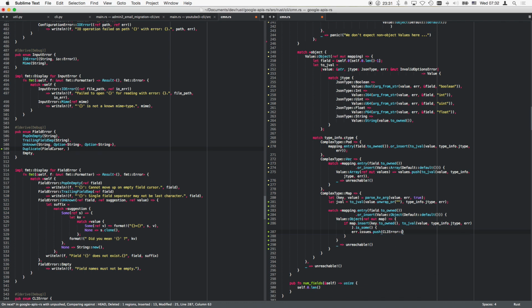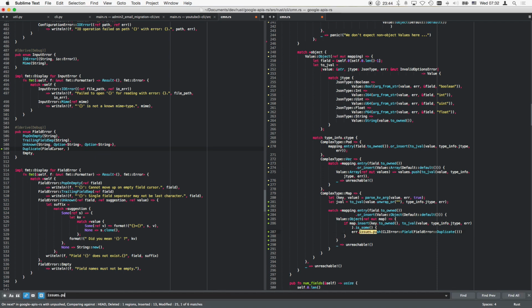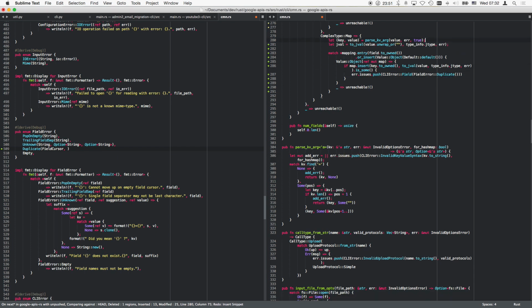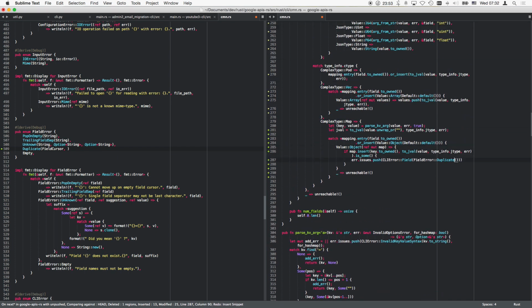CLI error, field. Then we have a field error, duplicate. And I just want to have a look at other code to see if I do it right. Yes, I do it right. Here we go. So that's